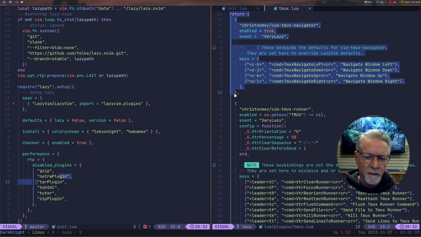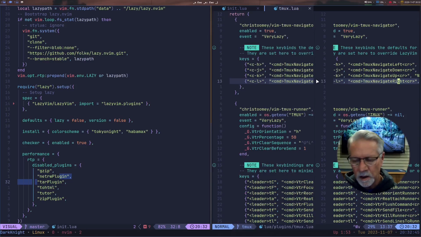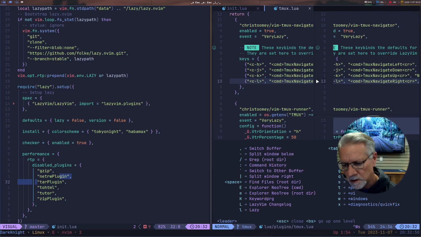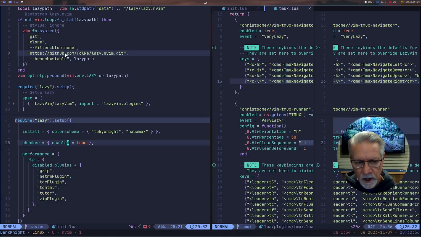Okay, so now that I have the two set up, let me show you why I do this. So I'm in TMUX right now, and I'm in Neovim on both sides, and I want to create a split. So that would be a leader, what is it in this letter? Leader, that thing? Yeah, okay. So which key is telling me that the split is the pipe and it's the dash? Okay, cool. So I go over here and I do leader dash,